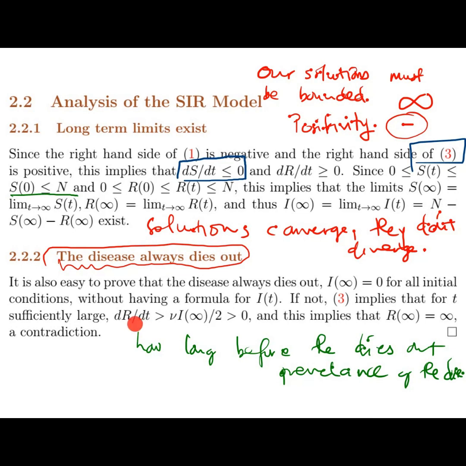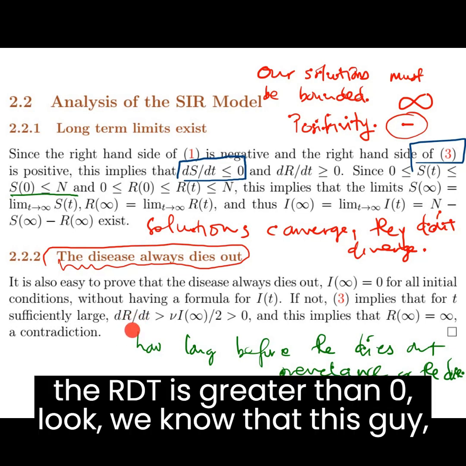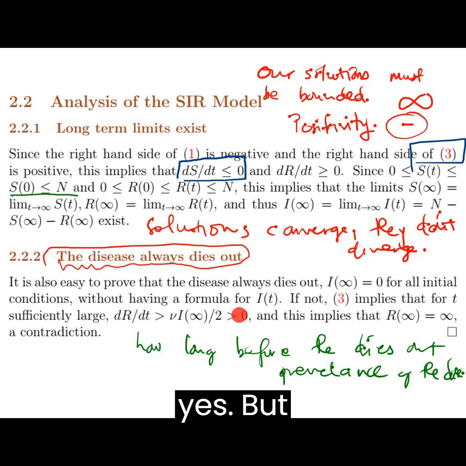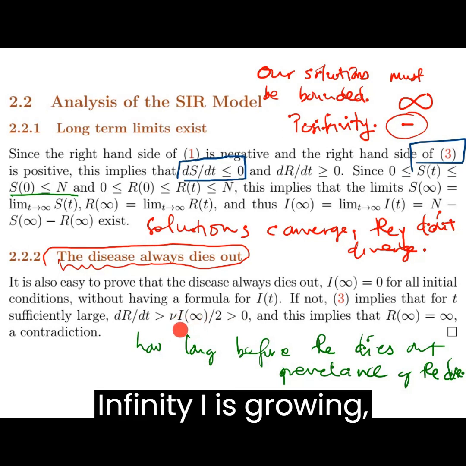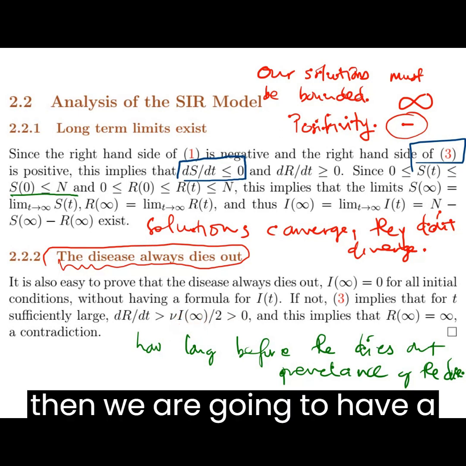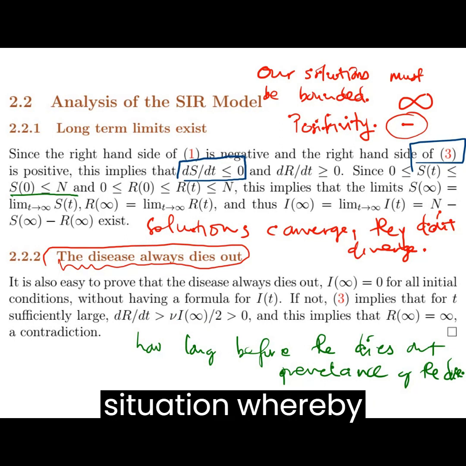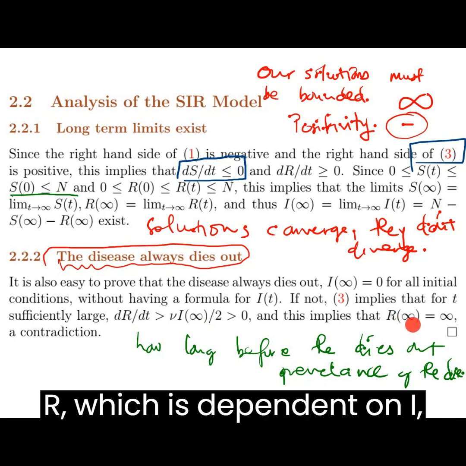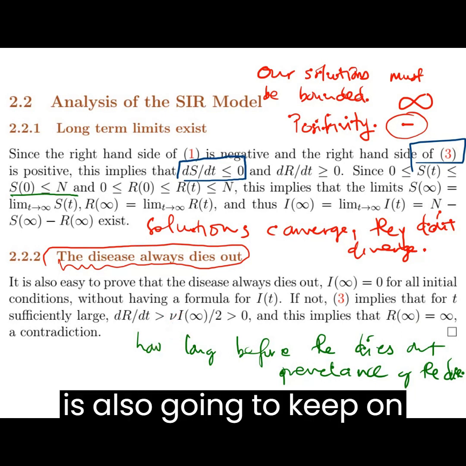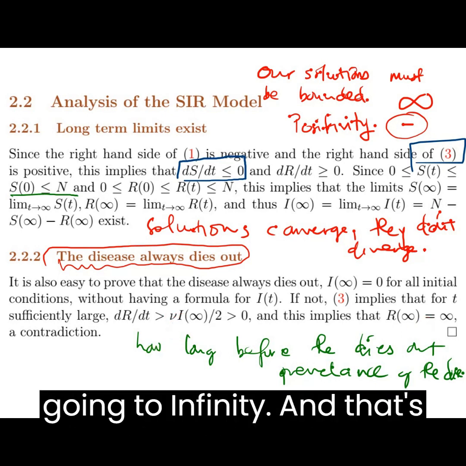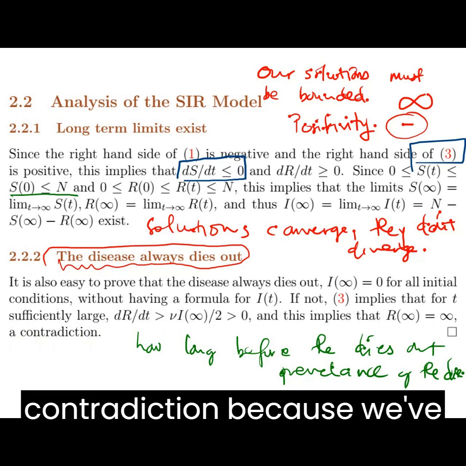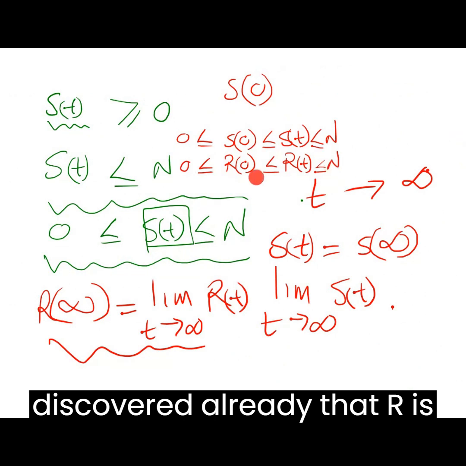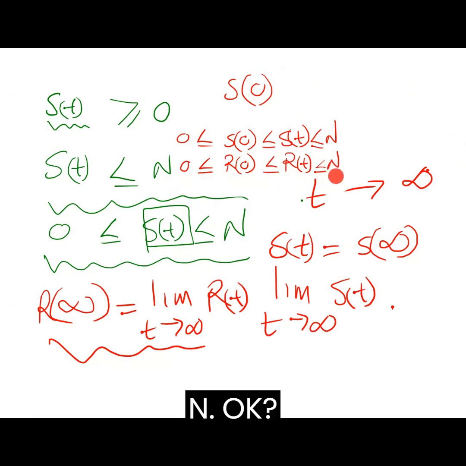We know that dR/dt is greater than 0, yes, but if it happens that I infinity, as we go to infinity, I is growing, then R, which is dependent on I, is also going to keep on going to infinity, and that's a problem. So that's why we say there is a contradiction, because we've discovered already that R is bounded between 0 and N. Okay,